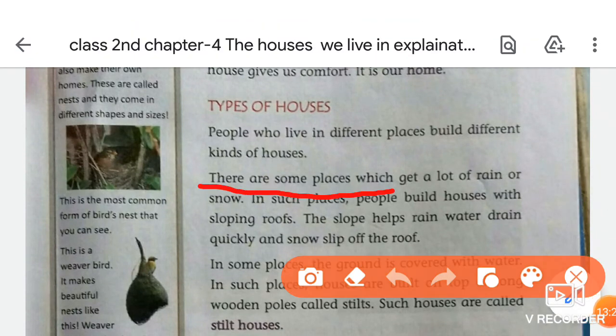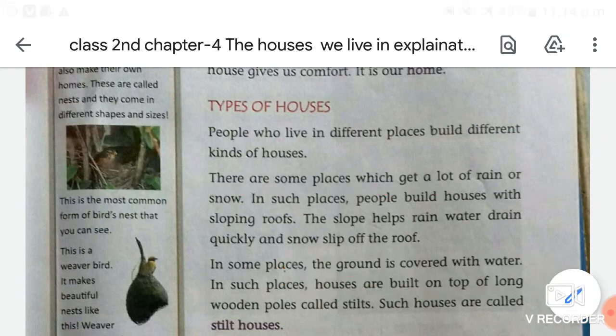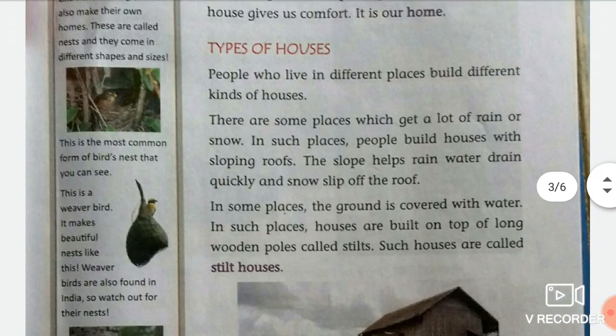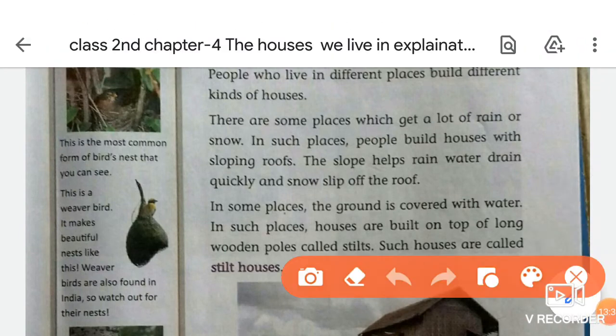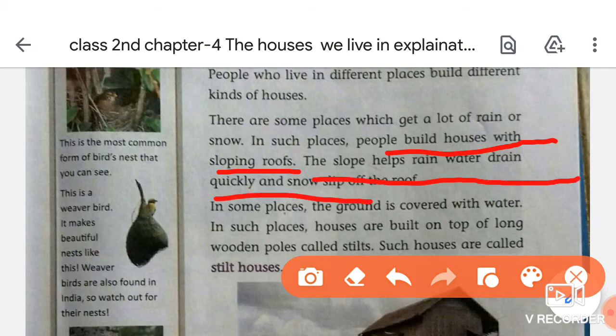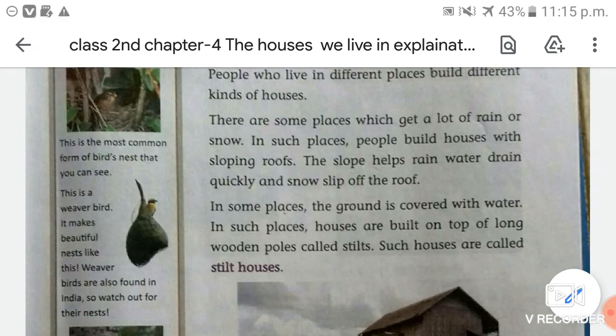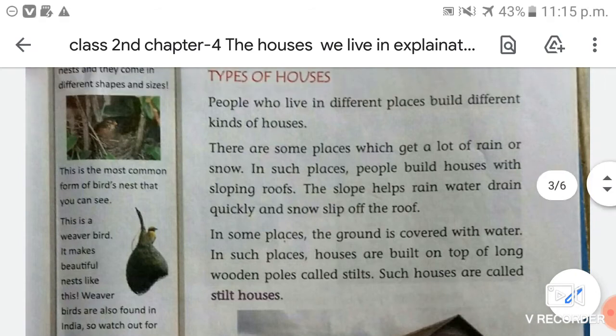There are some places which get a lot of rain or snow. In such places, people build houses with sloping roofs. The slope helps rain water drain quickly and snow slip off the roof. So students,